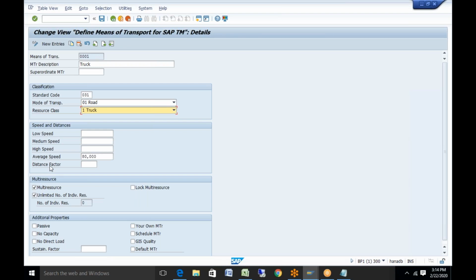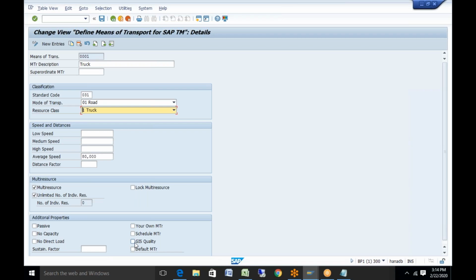Please make a note, if you are using a GIS, a geographical information system, it is used for the distance and the duration determination. That means how much distance and how much duration a particular truck will take to reach a particular location. That is determined by a GIS. So if you are putting a checkbox here, that means the GIS will calculate the distance and the duration.